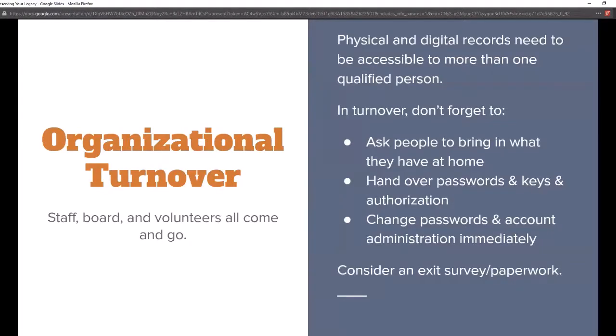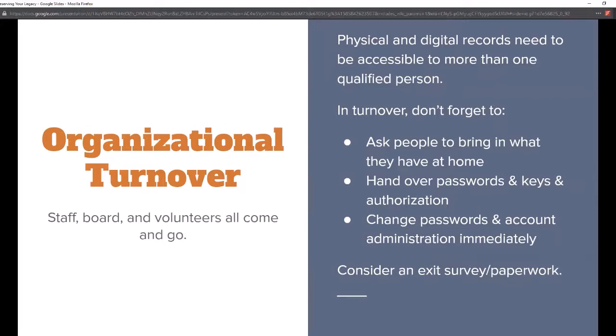I want to talk about turnover. This is specific to the groups here, but certainly if you're an artist and you get an assistant for 6 months at a time from the local school, you experience turnover as well. It is really, really important that you pay attention to the way that your board members or your volunteers come and go. And make sure that if you've given someone some authority, if you've given someone the password to the